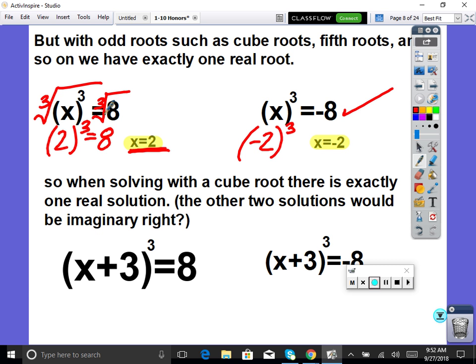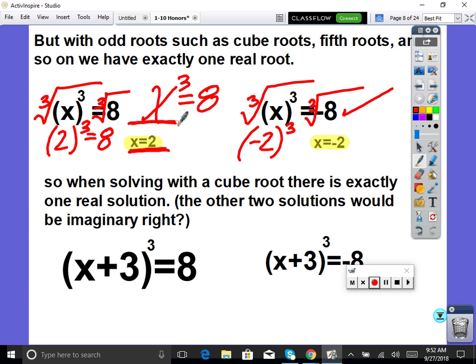So odd roots, we can take a negative, and we'll just get a negative answer. Do you guys all see why? Even roots, no. Odd roots, we have 1 answer. Even roots, we have plus or minus. Odd roots, 1. Okay, so if we know for a fact that x cubed equals 8 is the parent function,